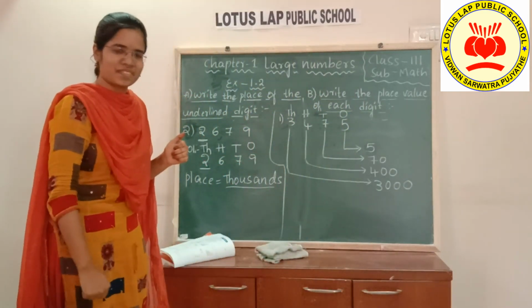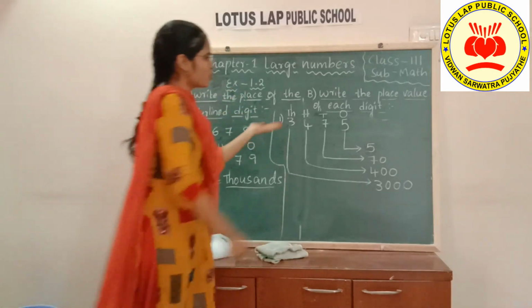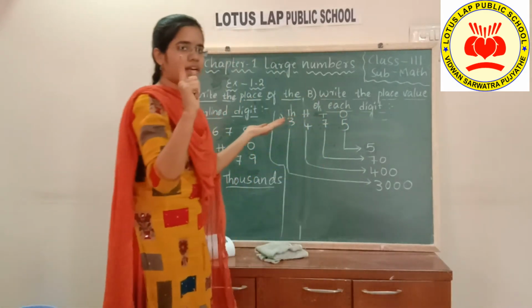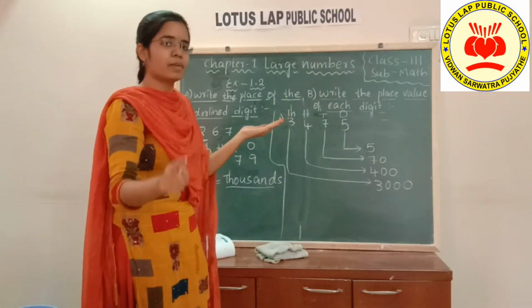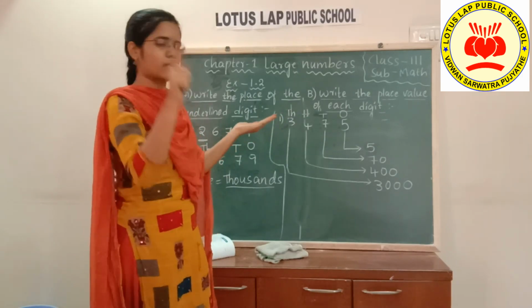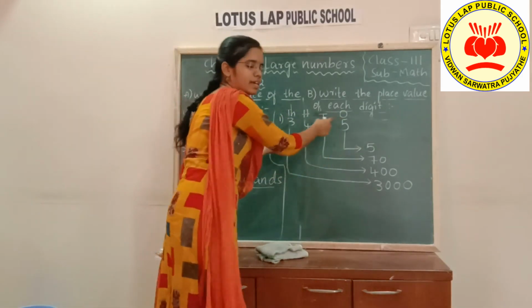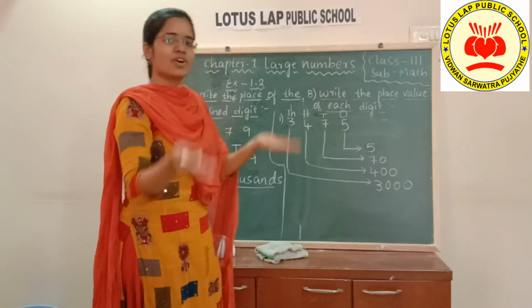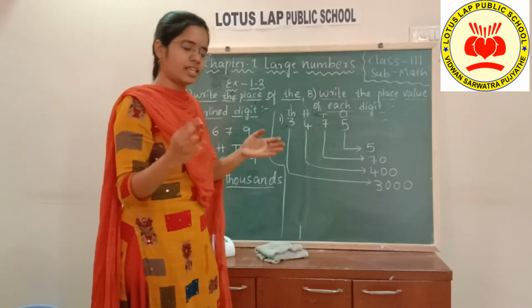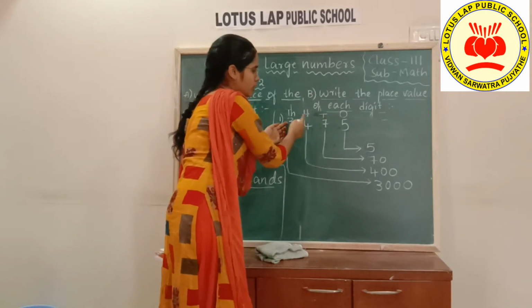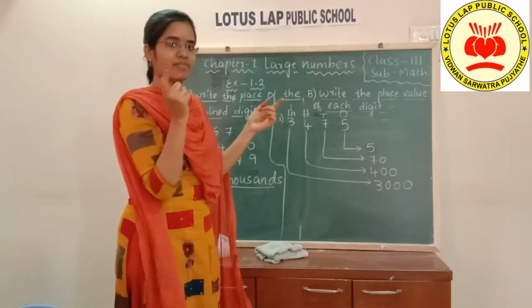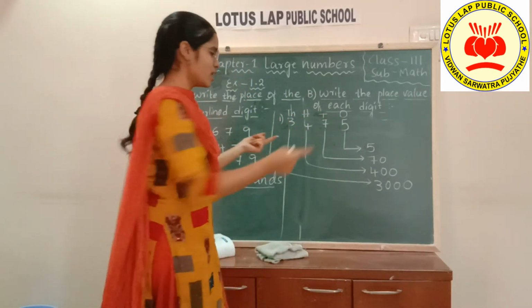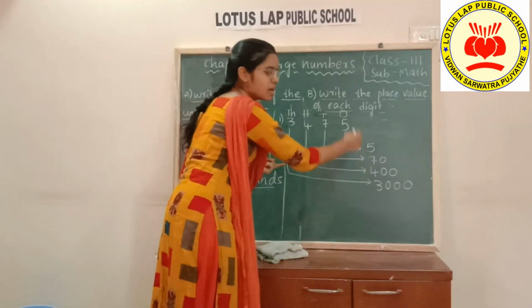Understood, children? Yes, this is very easy. Just you need to write first thing. Before writing the place values, definitely for every problem, for every question, whenever you come across a number, you need to arrange the places first. So it will be easy for you to write the place values, or for adding, subtracting, anything. For anything, first you need to write the places so that you can identify where the number is. Okay, children? So this is how you need to write the place values.